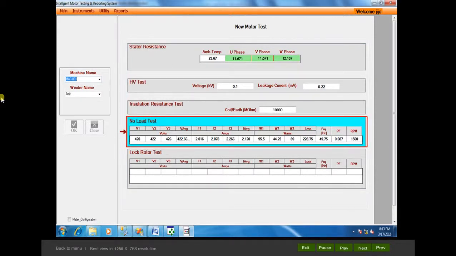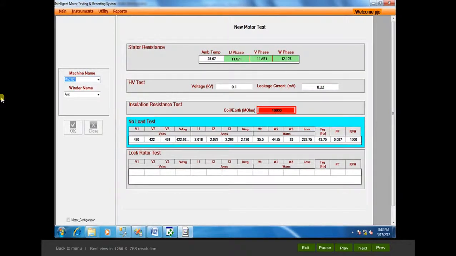If the measured parameters are not within the permissible design limits, then the particular block is highlighted in red color. After the first 4 tests are conducted, the short circuit test is conducted by locking the rotor automatically.